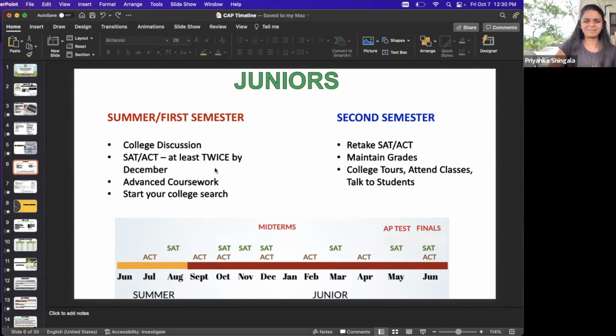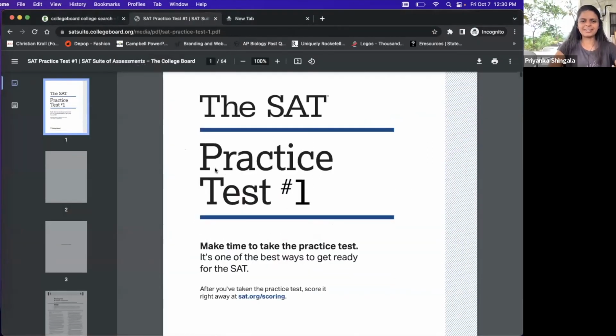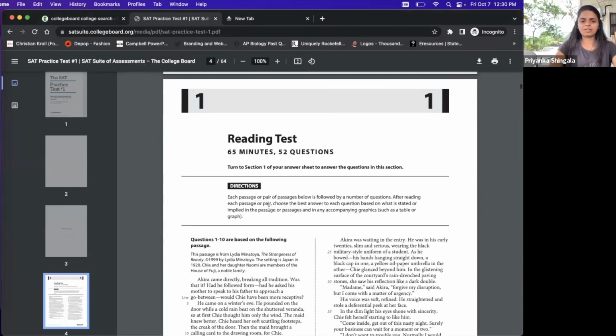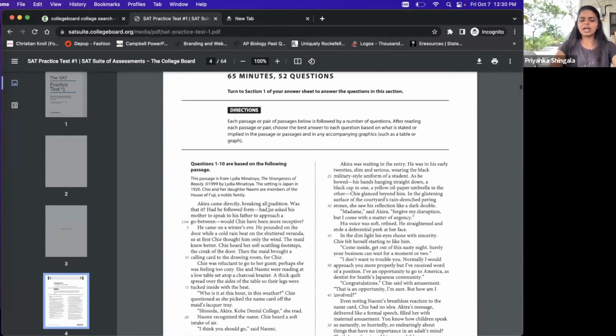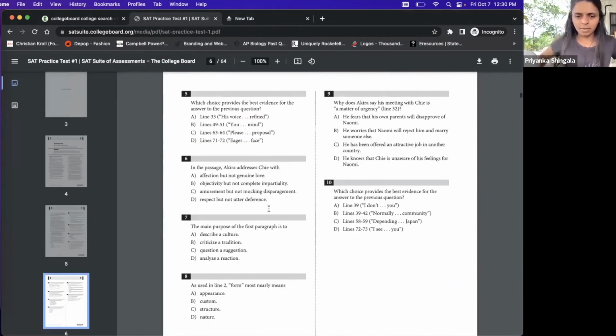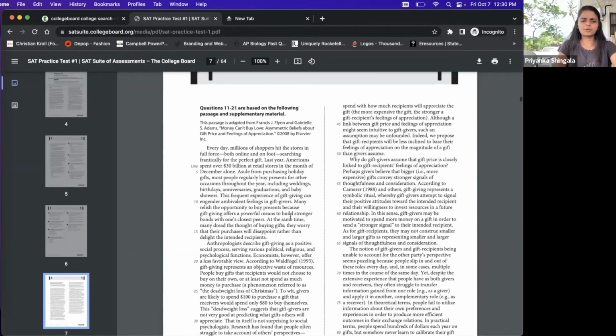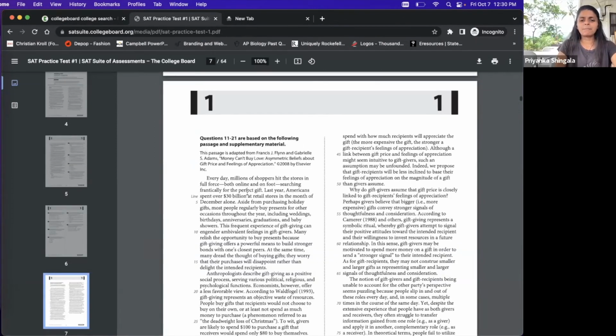Anyway, going back to the SAT, this is the actual SAT. It's loaded. It's exactly what the test would look like. You have your time, you have your passages. I highly recommend that students practice on the actual test, as opposed to online. It's not an online exam just yet. It will be in 2024.